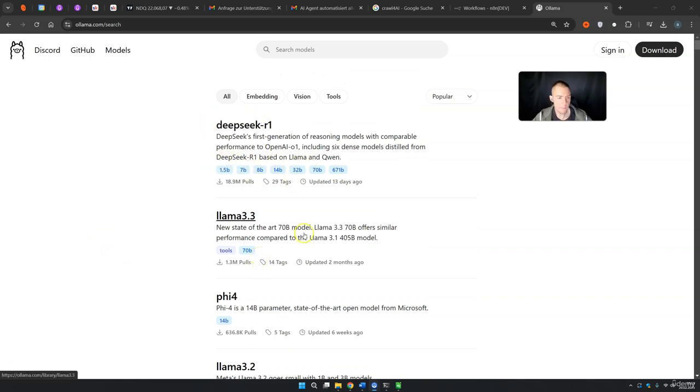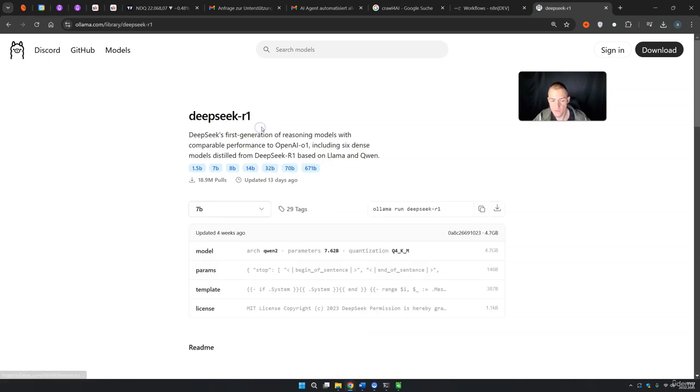I want to make this example with DeepSeek because everybody loves DeepSeek nowadays. You see 18.9 million pulls in just 13 days. This is completely nuts. Llama has 1.3 million pulls in 2 months. Let's just press on DeepSeek. And now I want to show you what model you should choose. Generally speaking, the higher the parameters, the stronger the model. The smallest model has 1.5 billion parameters. The next model has 7 billion parameters. Then 8 billion, 14 billion, 32, 70B, and